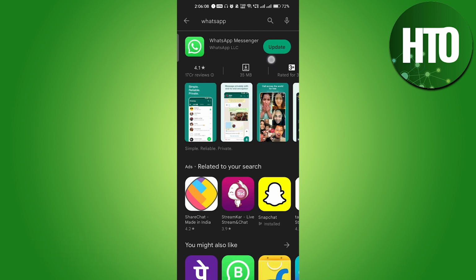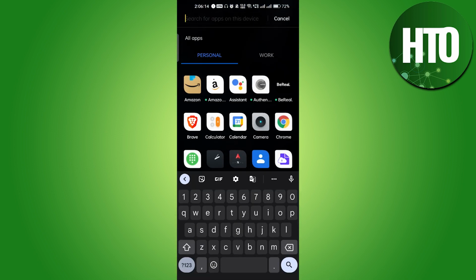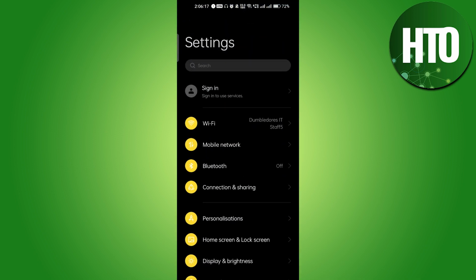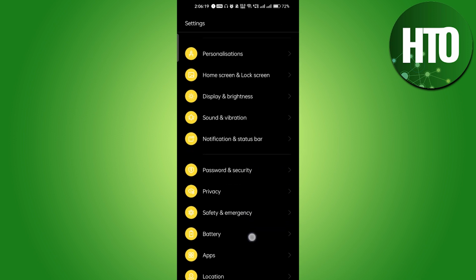And guys, here you will get the option of update. Then click update app, and you have to make sure that you update the app right now, okay? And after that, you just have to go to the settings of your phone. As you go to the settings of your phone, you have to scroll a little bit down, go to the